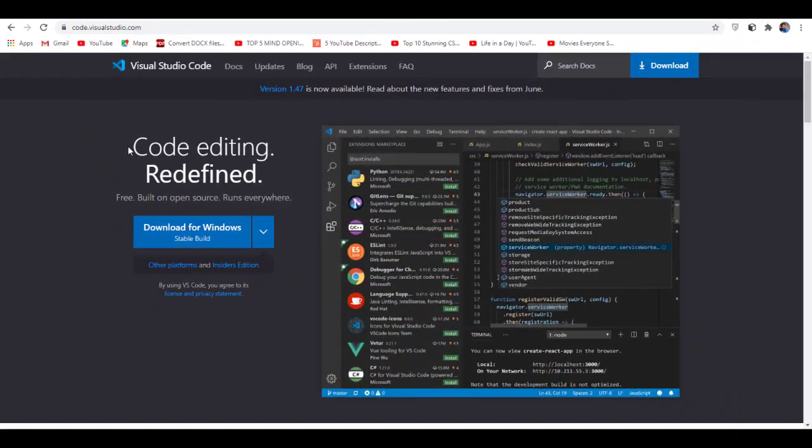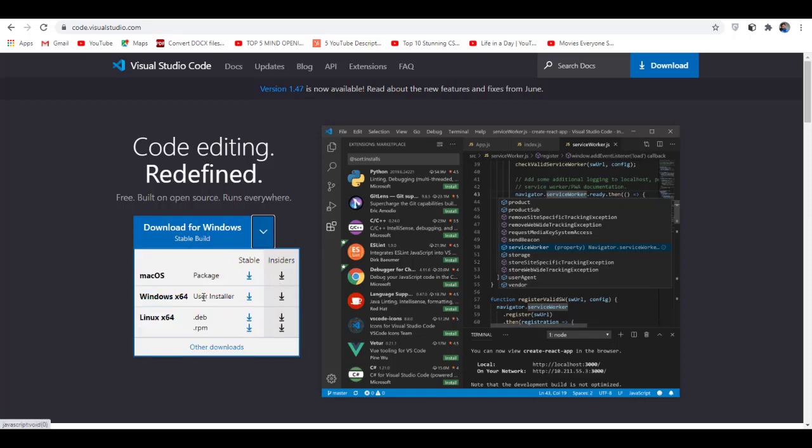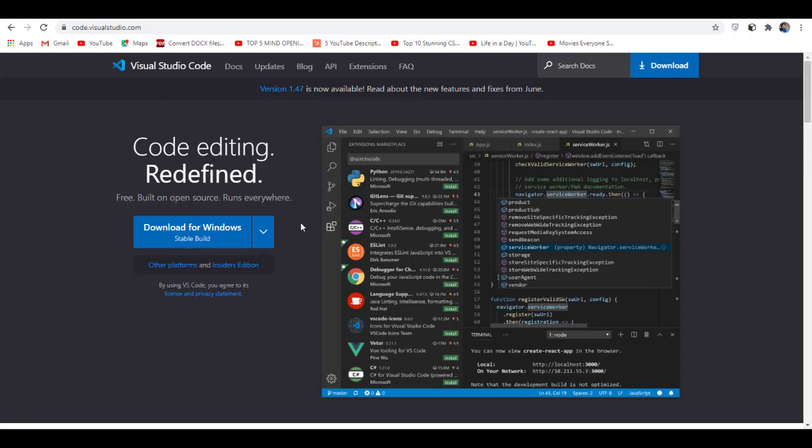What we also need is a code editor. Now the one I am using for all of the demos is Visual Studio Code. This is an excellent free to use cross-platform code editor that we can use to build and compile our .NET code. And it's also excellent for TypeScript, which is what we use to write our Angular application. I would highly recommend Visual Studio Code. All of the demos are done in Visual Studio Code from my side.